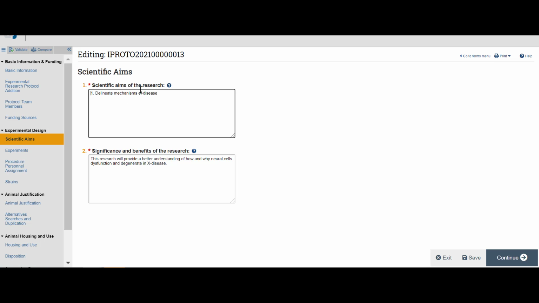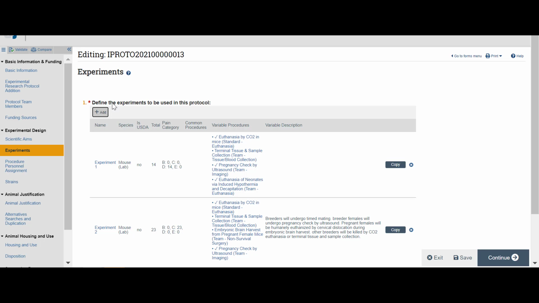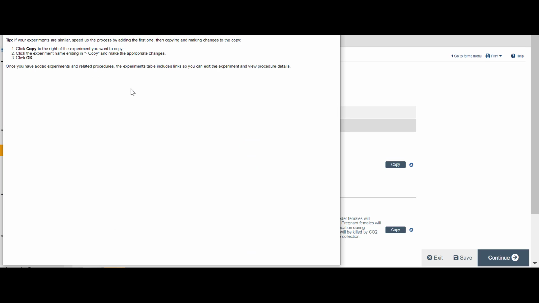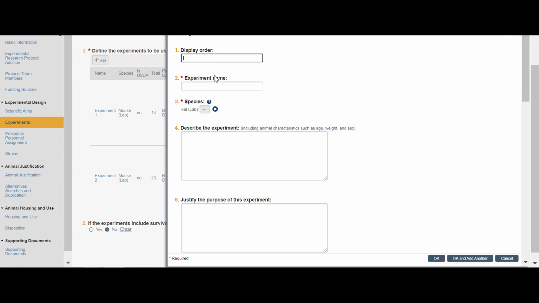Next, add the scientific aim of this research and specify the significance and benefits of this research as well. In the experiments page, this is where you add all the experiments that will be used in this protocol, and the help icon here will give you more information and tips on how to add experiments. So go ahead and click add, and type in the experiment name,